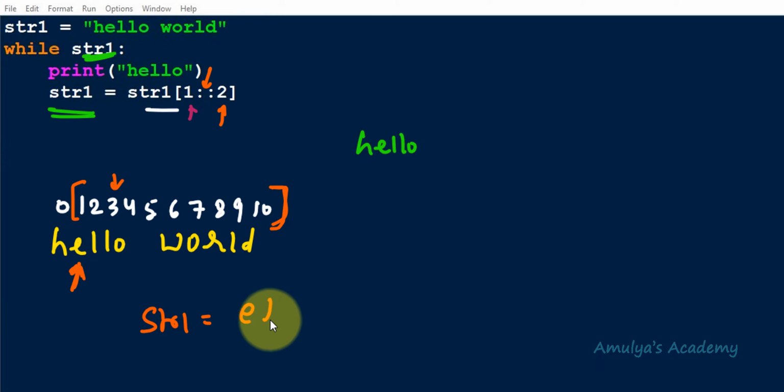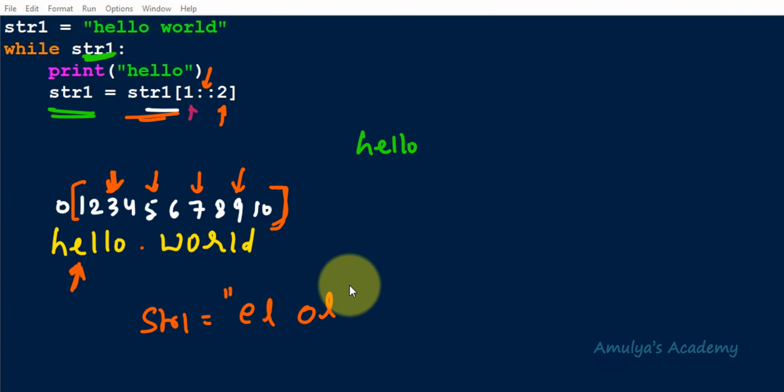That means L. Next, again 3 plus 2. Step is nothing but what you add to the index. 3 plus 2, 5. Here 5 is nothing but space, so it will print space. Next, 5 plus 2, 7. So O. 7 plus 2, 9. So L. 9 plus 2, 11, it is not present. So this is the substring we'll get from this slicing operation, ELOL.